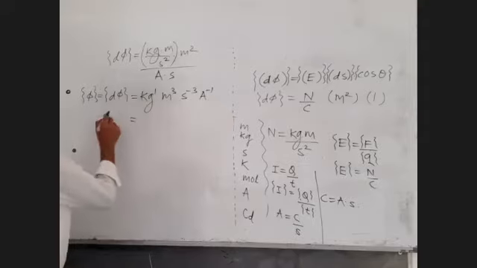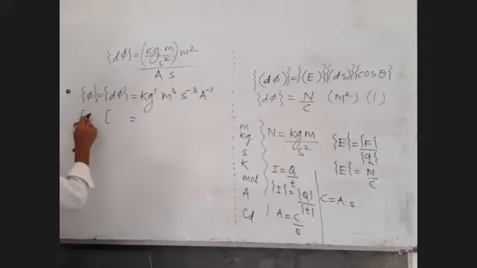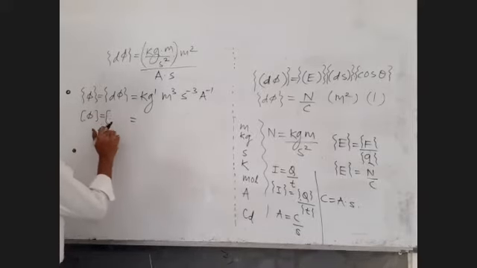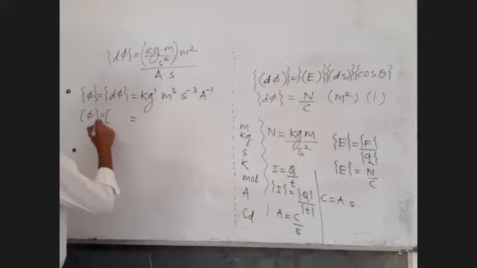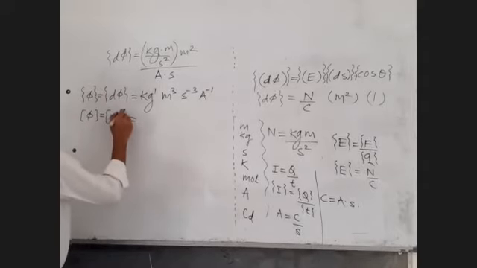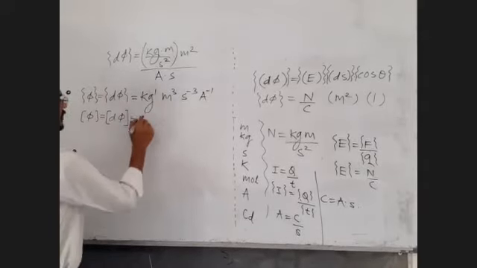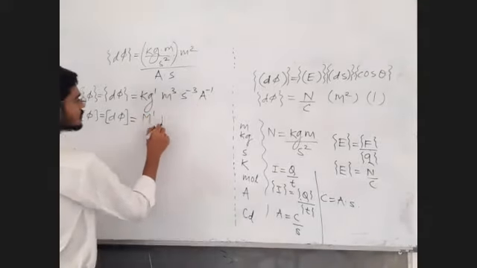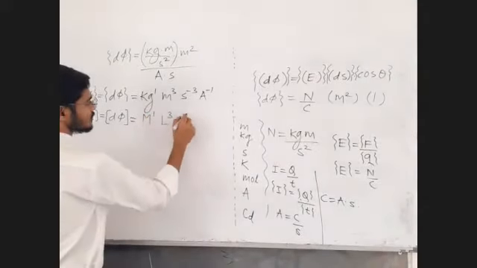Fine. Dimensions of electric flux. We are talking about electric flux. You may write it as phi e, but right now we know it is electric flux. There are other kinds of flux as well that we will discuss, that is magnetic flux, in the upcoming chapters. Kg, mass raised to 1. Meter means length raised to 3. Second means time raised to minus 3.